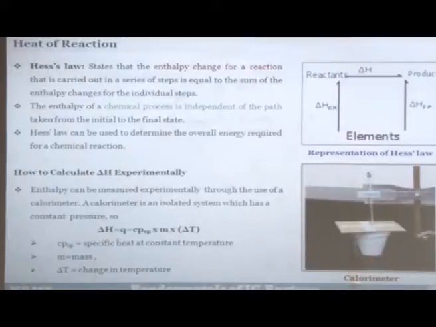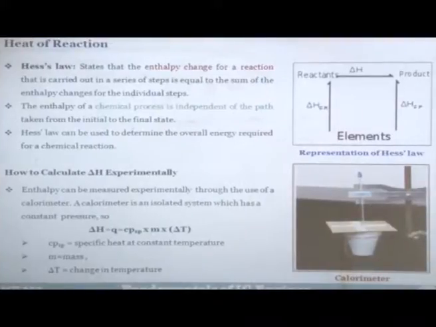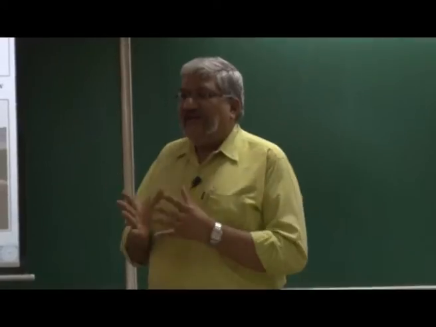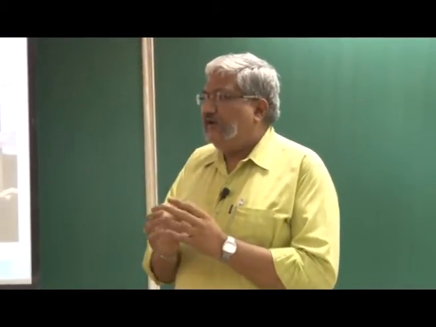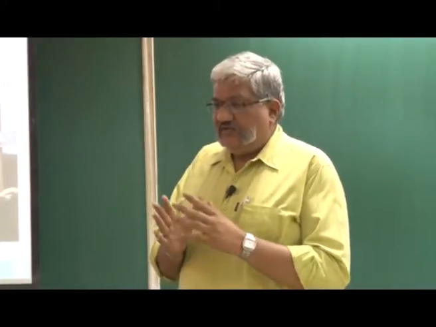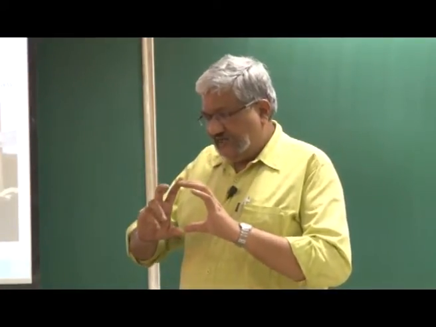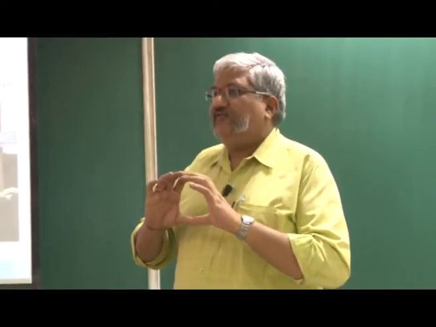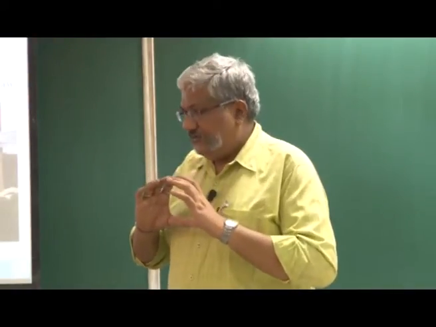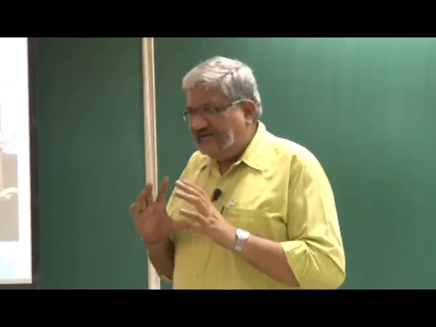So, I would just like to explain this to you slightly better than what is shown here. When we want to find out this delta H, it is nothing but the calorific value of the fuel, the heat of reaction: when a unit quantity of fuel is burned, how much heat it will release. What is normally done is that you have a constant volume chamber, which is also called a combustion bomb. It is called a bomb, but it really does not explode.